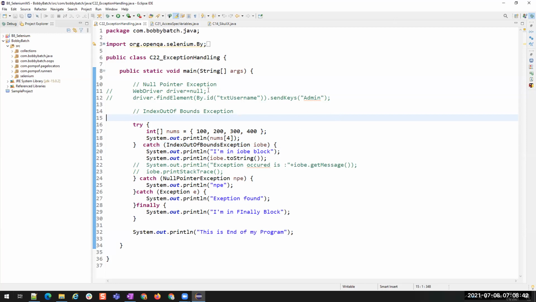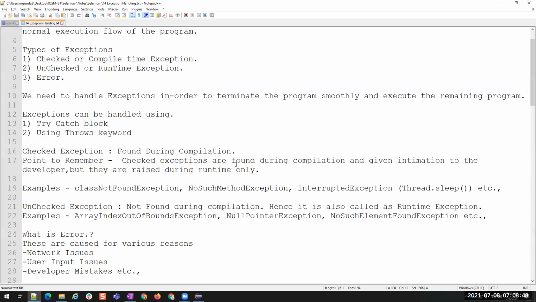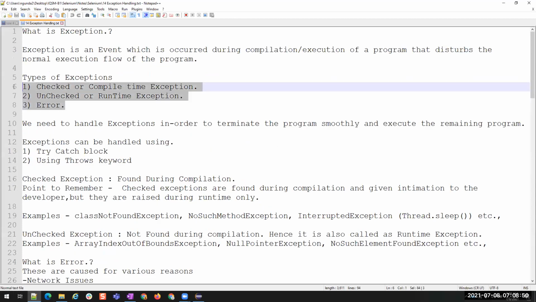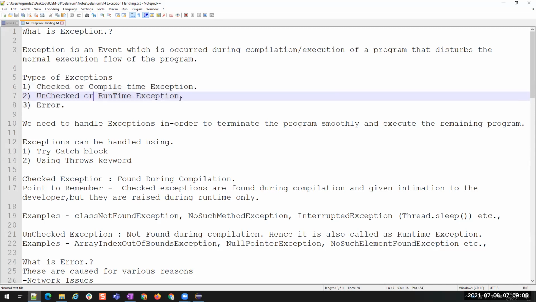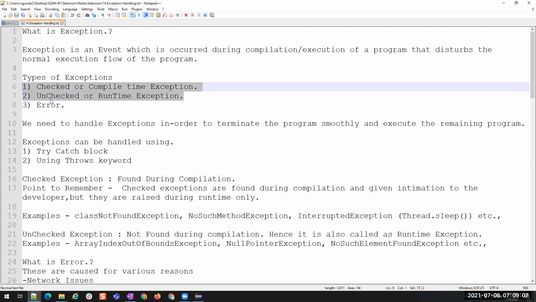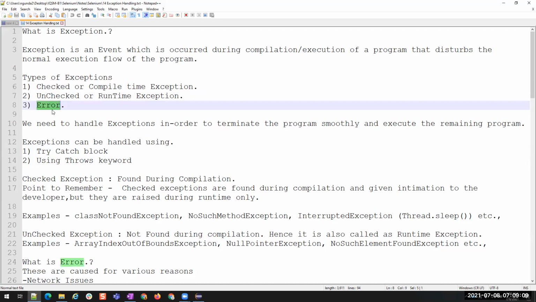Okay. So, exceptions are of three types. Remember, right? Checked and unchecked exceptions. Checked are compile time, unchecked are during runtime. We will see them only at the runtime. Then to handle these exceptions, if we want to handle them, we can handle checked exception and unchecked exception, but not the errors. How do we handle these checked and unchecked exceptions?